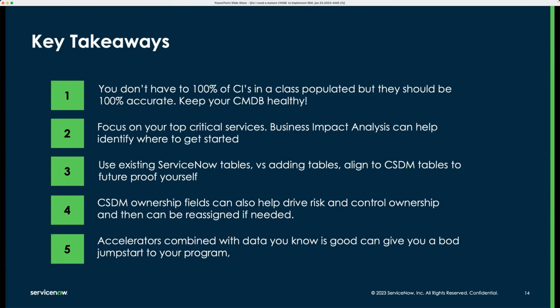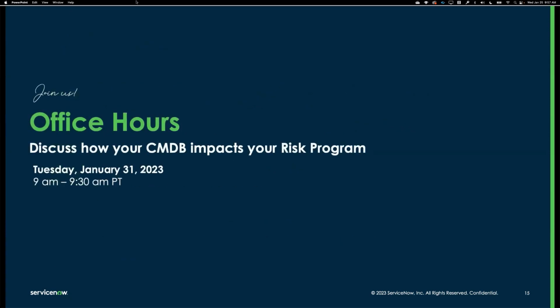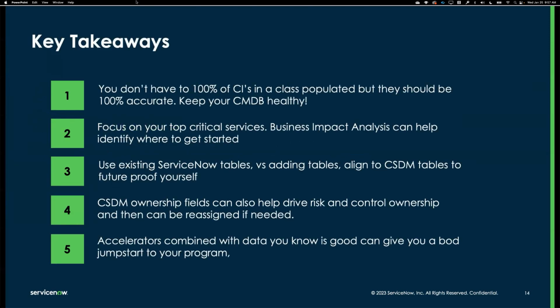Use CSDM. This is a somewhat new concept that ServiceNow has come out with, or a solution that we've wrapped, but this has really been at the center and the premise of our organization for a very long time. Use the data model to populate the data as it's intended to be used. It can sometimes feel like we're all special snowflakes, and in many respects we are all special snowflakes, but